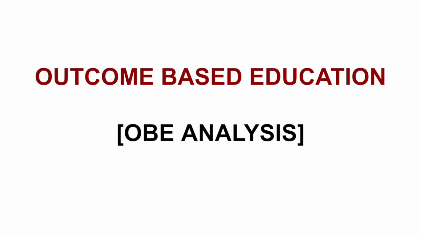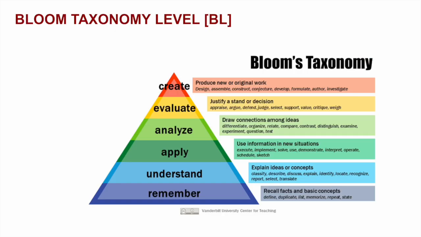The first step in this process is to understand what is called Bloom's taxonomy. This is a beautiful way of classifying questions depending on the kind of cognitive effort required to answer them. The lowest level, as you can see in this pyramid, is remember, which basically are questions which require use of memory to recall facts and basic concepts. Then as we go higher, we come to the level of understanding where the student is expected to explain ideas or concepts, and then we go to apply, analyze, evaluate, and finally create.